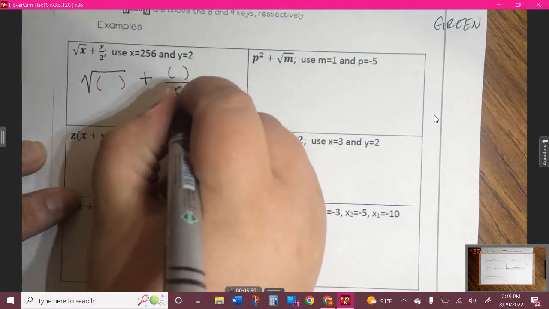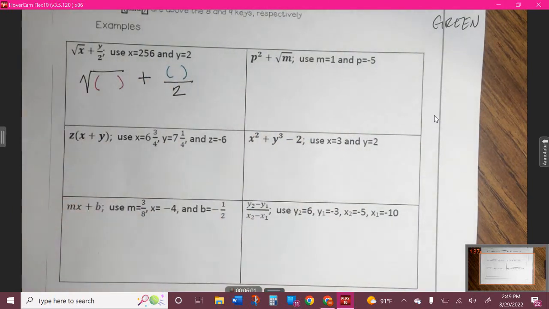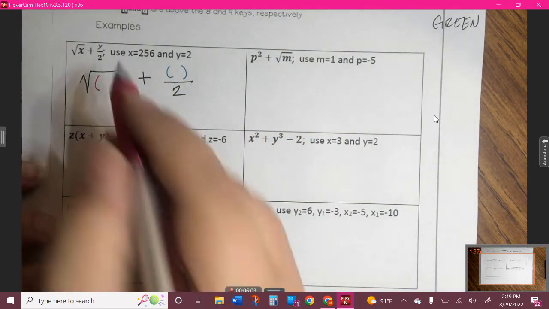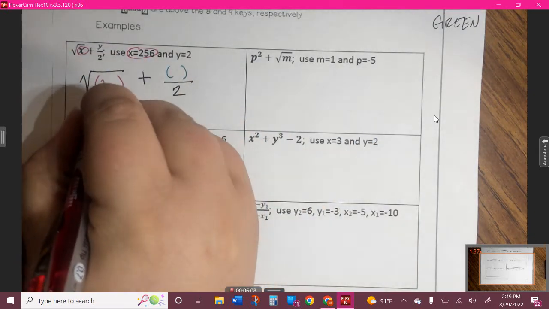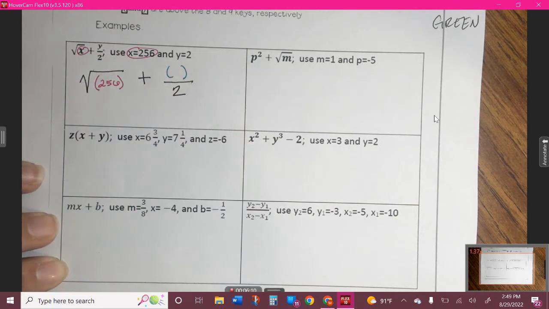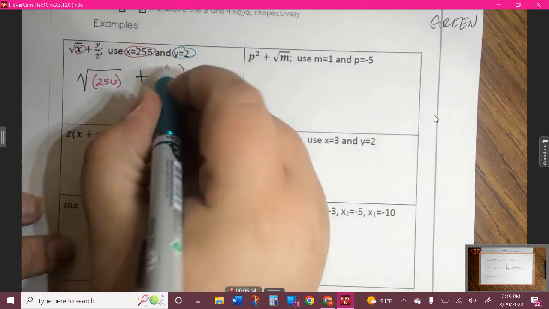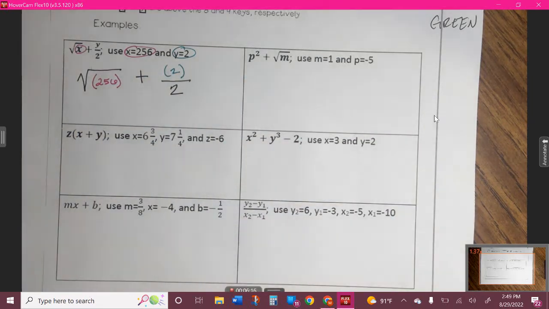All over 2. So I've copied everything down, but instead of the letter, I've just put a set of parentheses. Now x is 256, so inside of the parentheses, we'll put 256. And y, they've said, is 2, so I'll put a 2 in place of that. Okay. So now on our calculator to type that in,